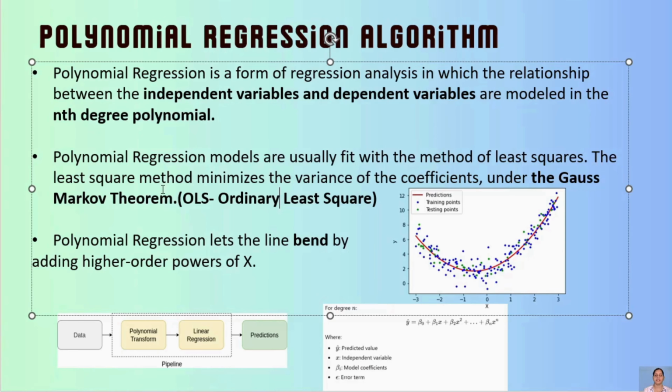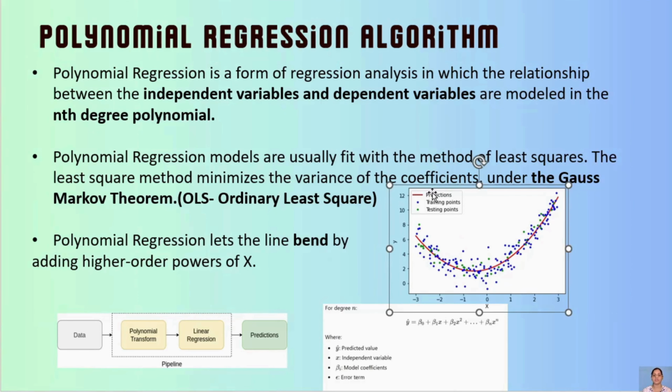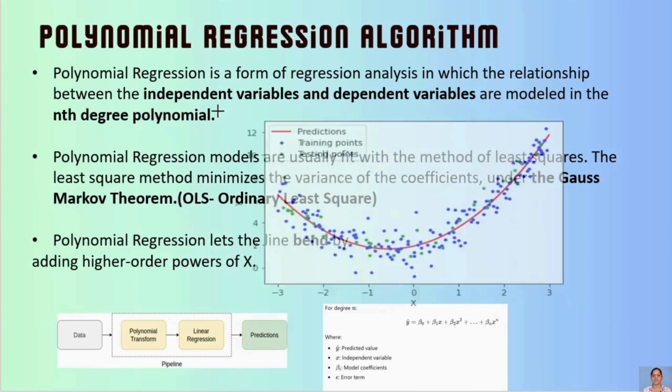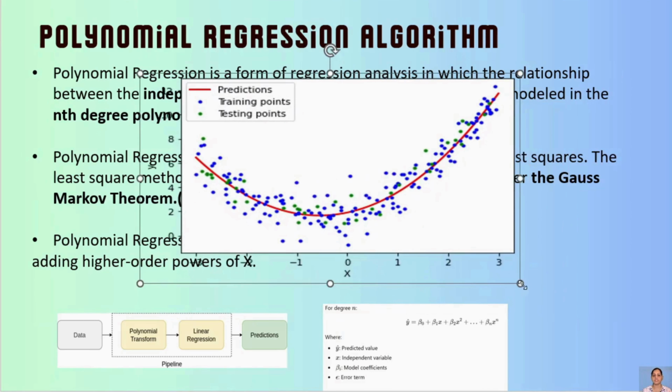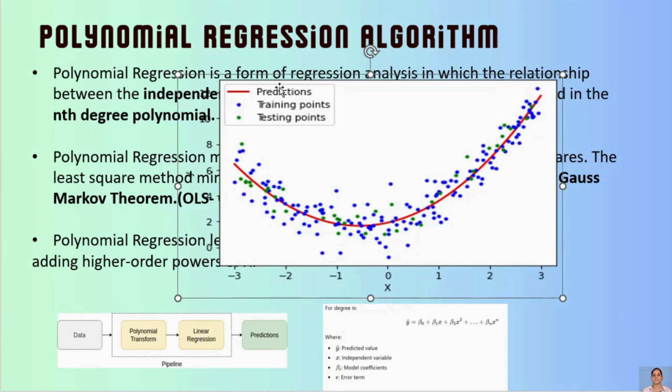When we are talking about polynomial regression, the trend of the regressor line never becomes a straight line. It's always a curved one. Let us understand from this image. If you see this image, I'm just maximizing it. You can see that this is a prediction. These are all your training data and testing data, and this is how the trend line comes in between. This red colored line is a curved one.